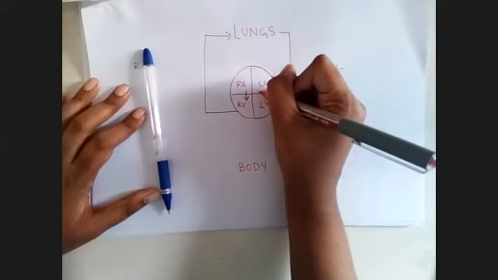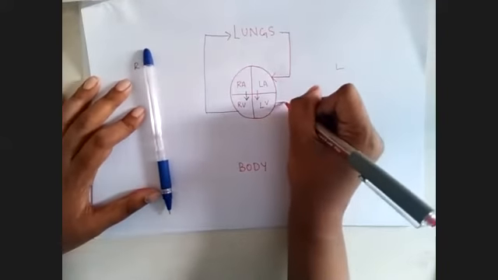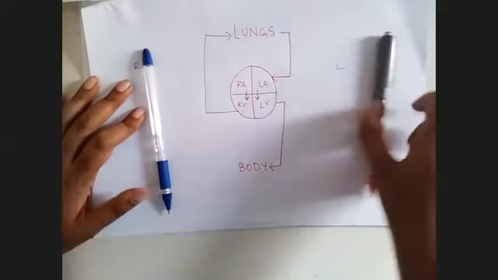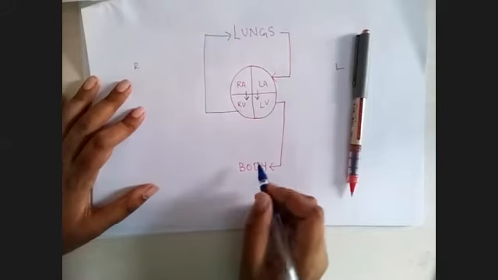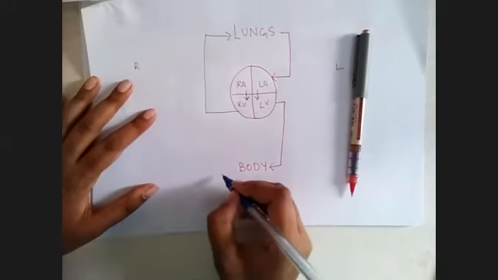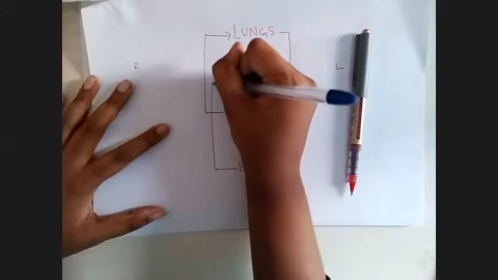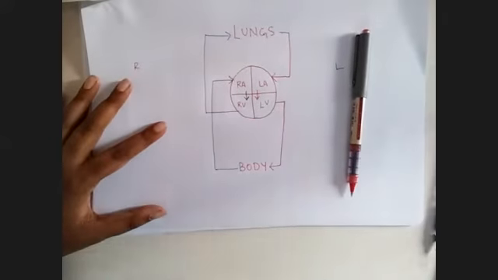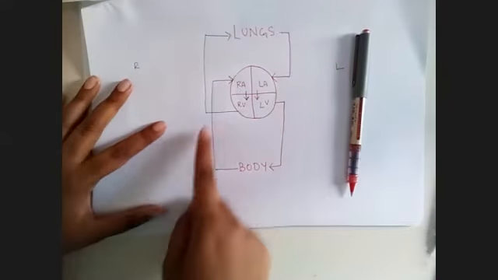From there, it travels to the left ventricle, and the oxygenated blood is supplied to the rest of the body. Because it goes to the rest of the body and meets all of the other cells, the blood gets deoxygenated again, and through the right atrium or the right auricle, it goes back to the heart so it can start this process again. So it's almost like an 8,